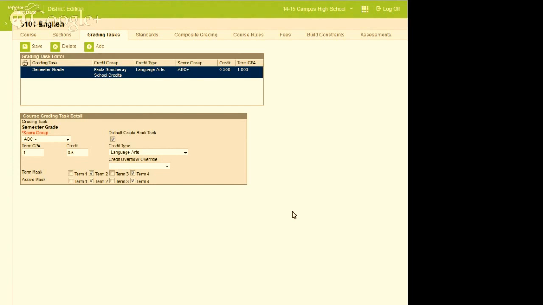Does that make sense? So this is a big part of the system. When we're looking at the course, we have these grading tasks, which we define when credit is earned. Every time credit is earned, you control the GPA too. So if you have AP courses and you use a 5-point scale, that's fine. IB courses or anything like that might have a different scale, you can use those as well. So it is very flexible. It is a little different way of thinking though.